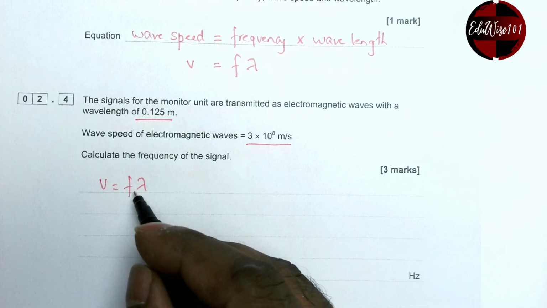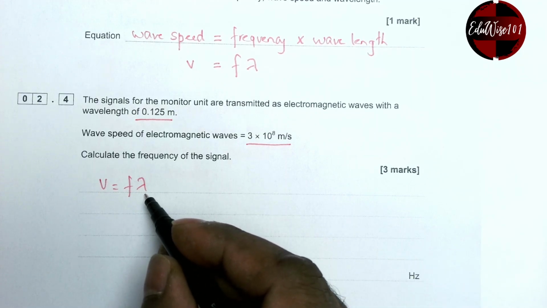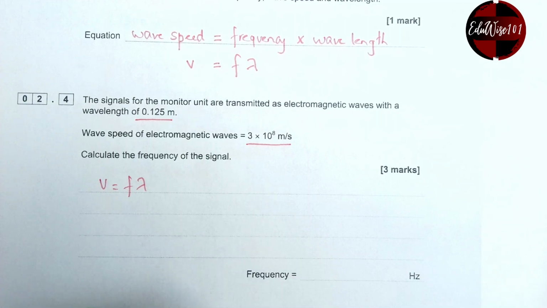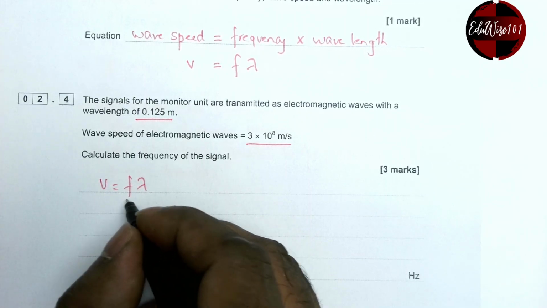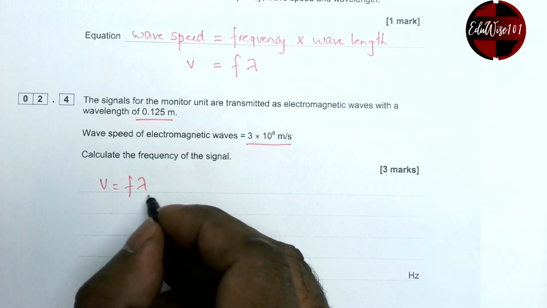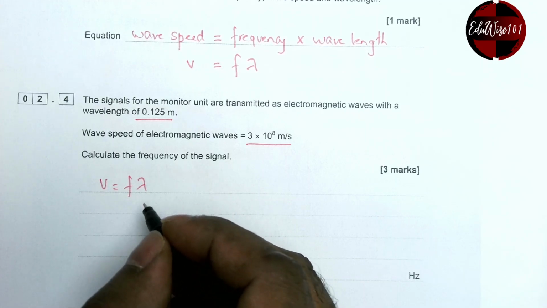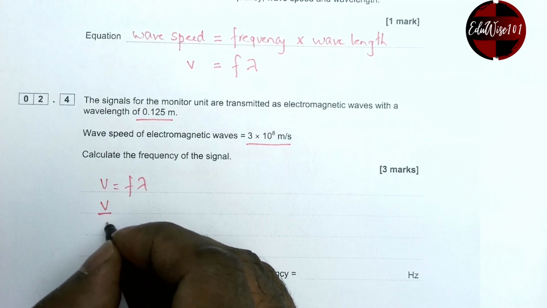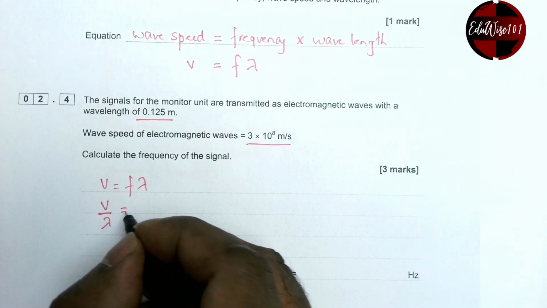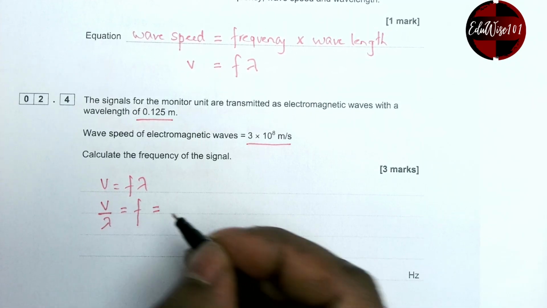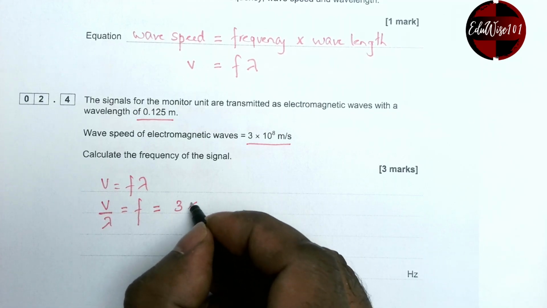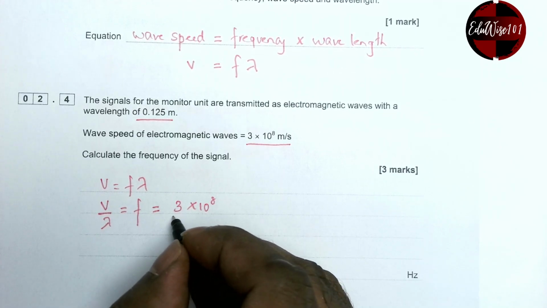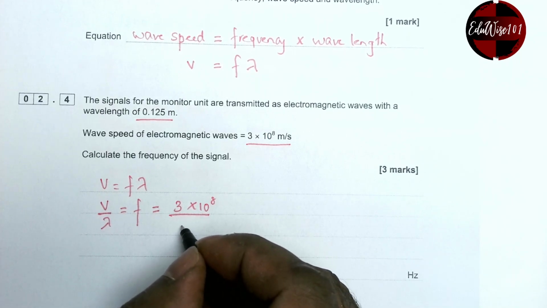In order to calculate the frequency, I need to get rid of the wavelength. So I'm going to divide both sides by wavelength. So if I divide both sides, this wavelength will cancel off on this side, which leaves V over the wavelength, which will give me the frequency, which is 3 times 10 to the power 8 divided by